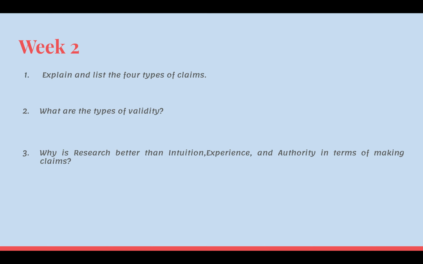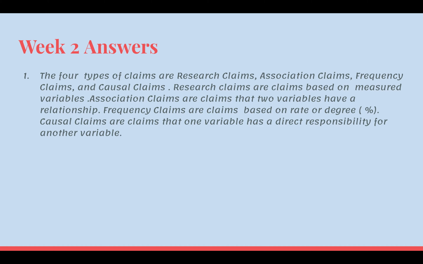In week 2, I asked, explain and list the 4 types of claims. What are the types of validity? Why is research better than intuition, experience, and authority in terms of making claims? I'll give you guys a few seconds to answer those questions, or you can pause the video and come back when you're ready. For the answers for week 2, firstly, the 4 types of claims are research claims, association claims,